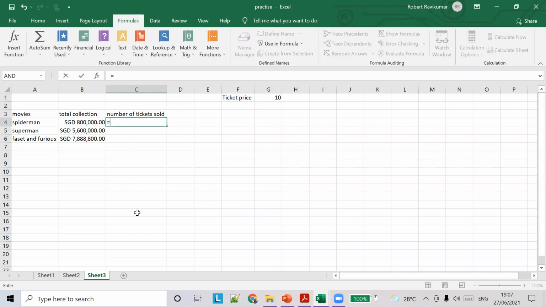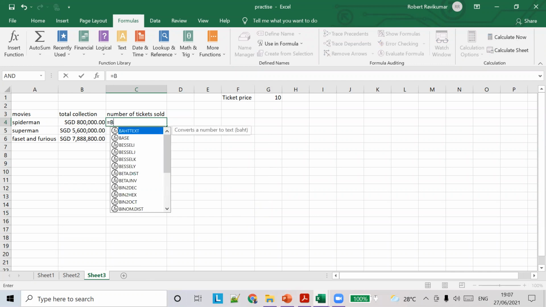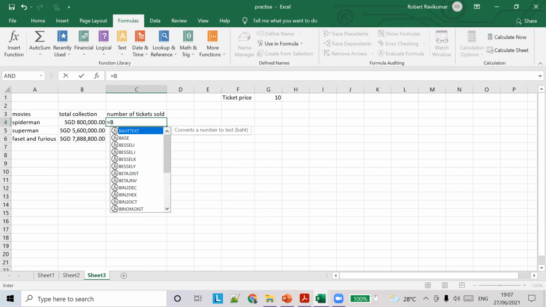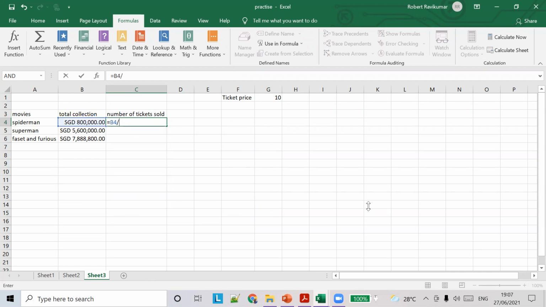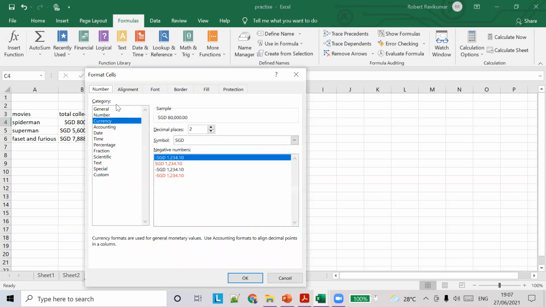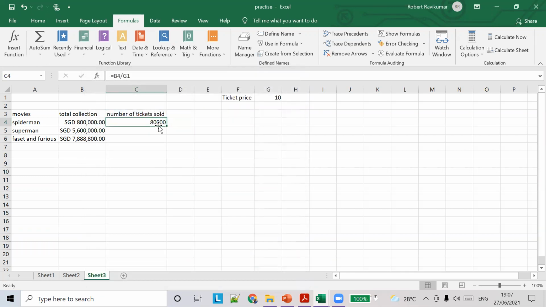So I'm going to divide B2 by, sorry, B4 by ticket price. The single ticket price is G1, right? So the number of tickets sold is 80,000.